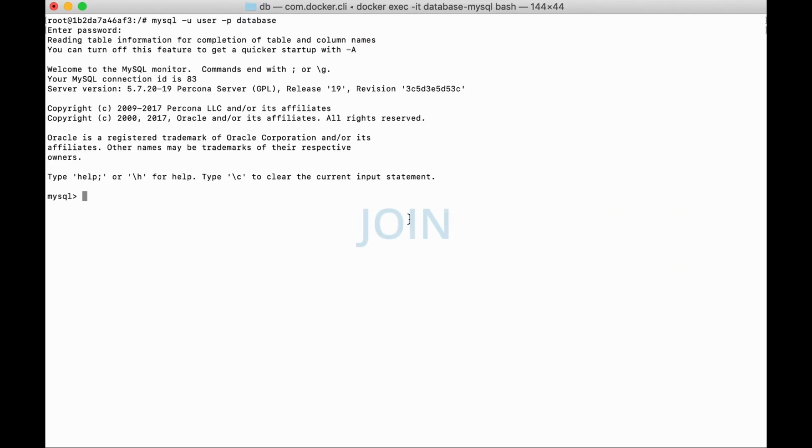Now we will do selects with joins. In our structure, we have a relationship between table users and table players, so we can get information from both tables. So let's try select asterisk from users U join players P on U.player_ID equals P.ID. We can see here aliases U for users and P for players, that we defined just to make faster typing and unique names.